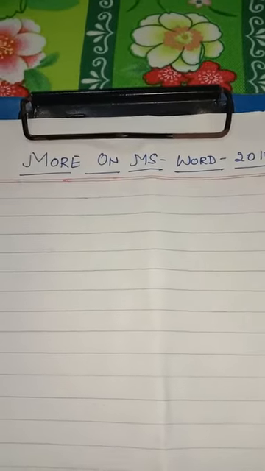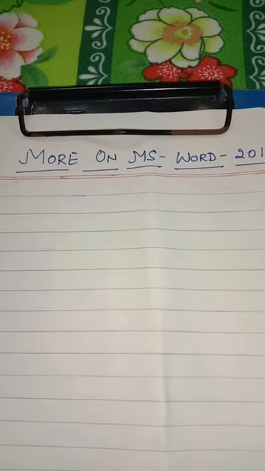Next, we have discussed what is a symbol, what are the uses of symbols, how to apply the symbol in a document. We have also discussed working with graphics in a document, like how to insert a clip art, what is clip art, how to insert a picture that we have saved in our document, how to format the pictures. In formatting, we have discussed how to resize a picture, what is cropping, how to apply the cropping in our document, how to add styles to a picture,